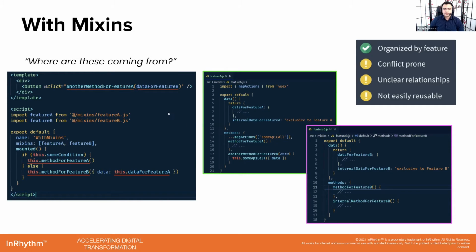So this is also bad because there's potential for name collisions. If you name something in the component file the same thing as in your mixin, there's a merge strategy applied, and then you have to remember in what order the merging happens. For example, lifecycle hooks, if you have mounted in your mixin and in your component, the mixin will get